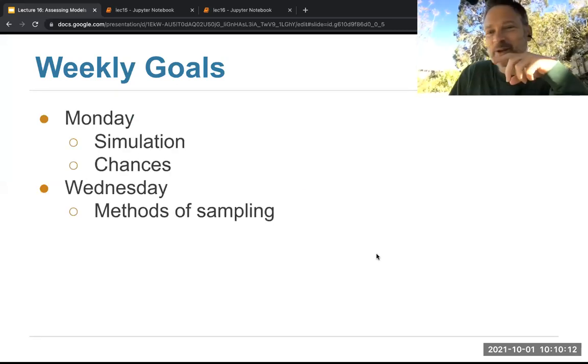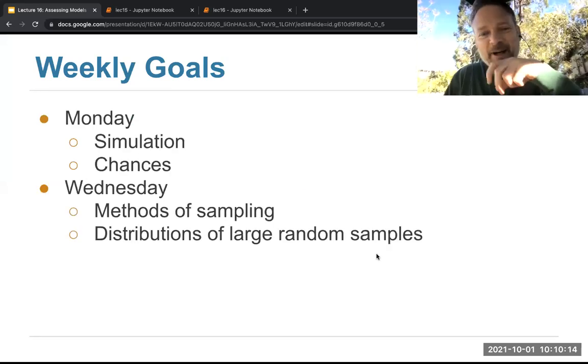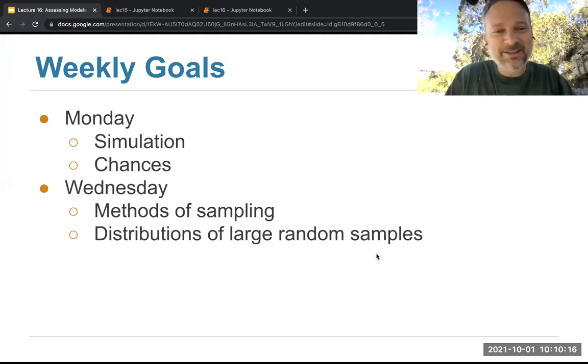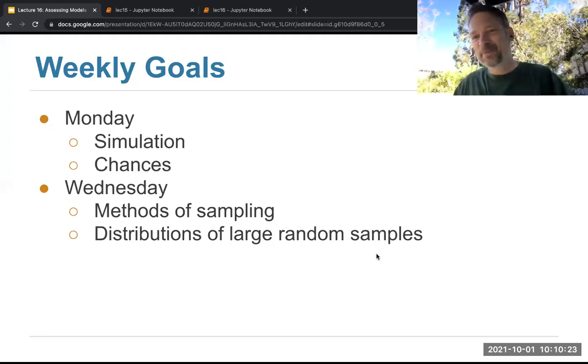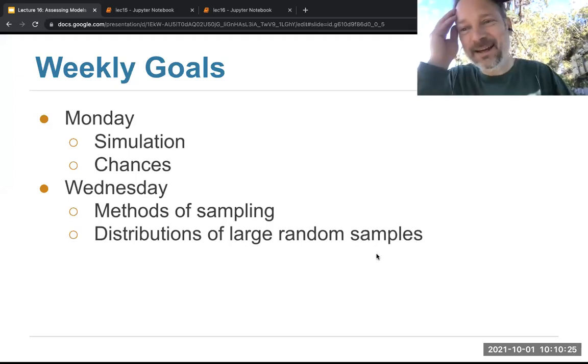Okay, so here were the goals for this week. By Wednesday, I wanted to teach you about sampling and distributions of samples, only that didn't quite happen. We're running a little behind. So today I'm going to teach you about samples and distributions of large samples, and probably